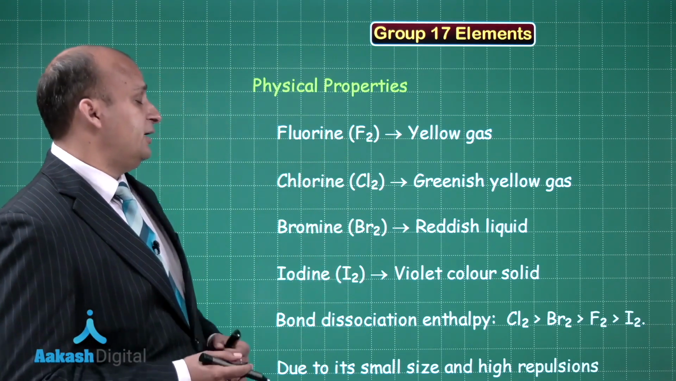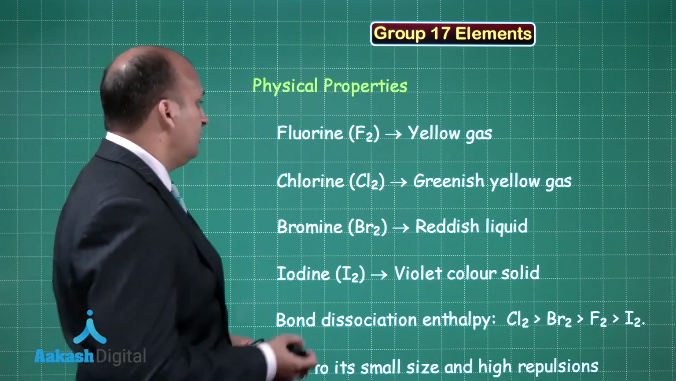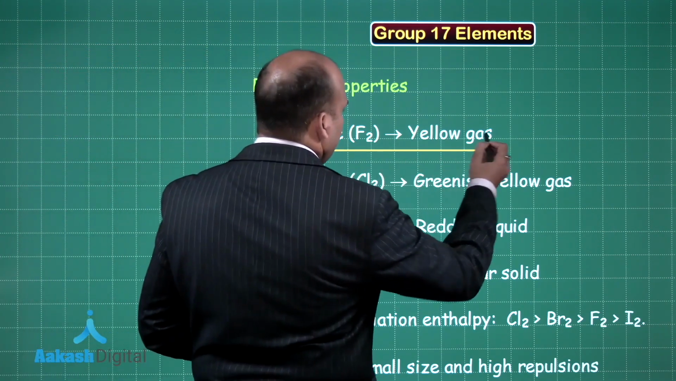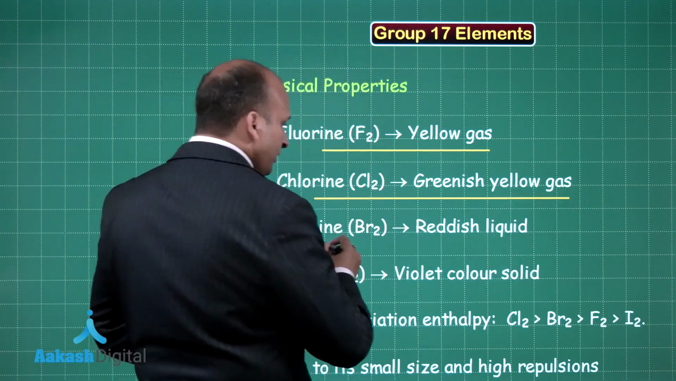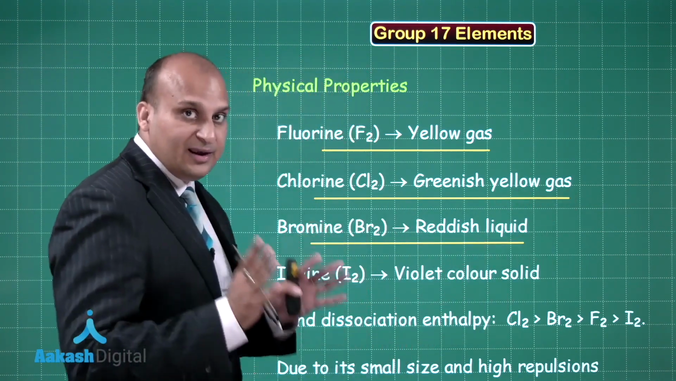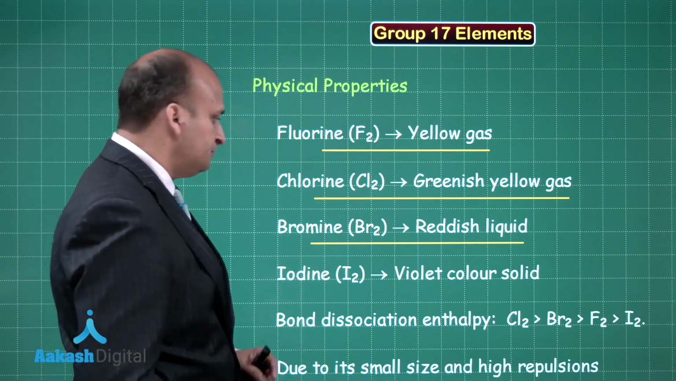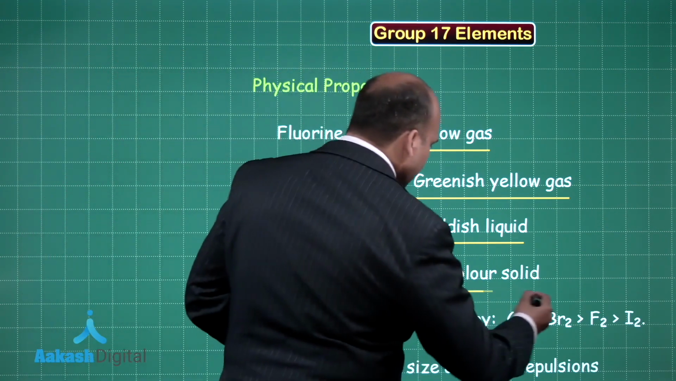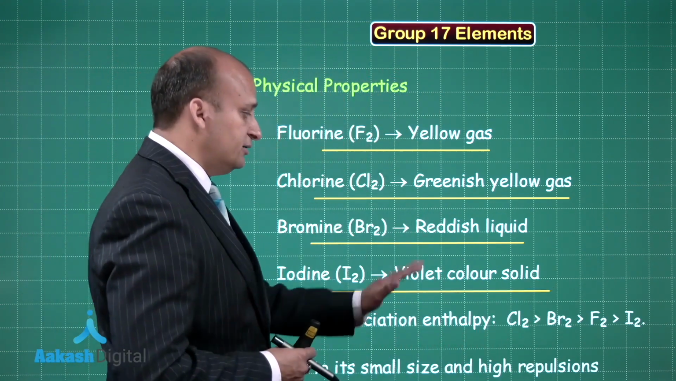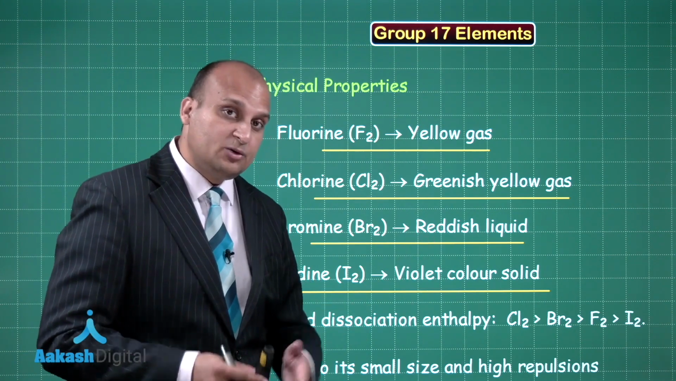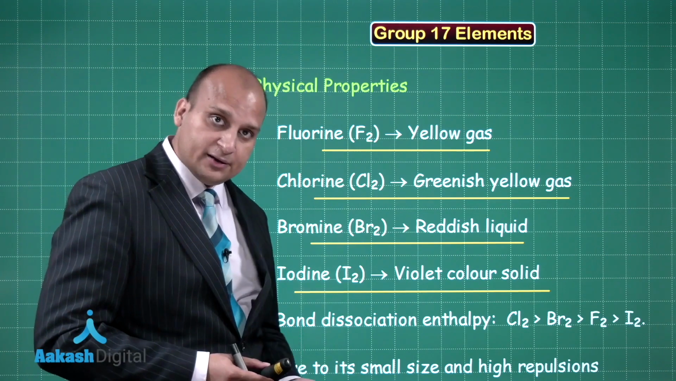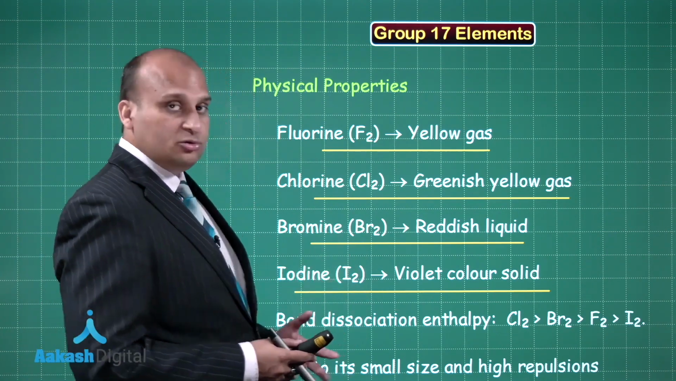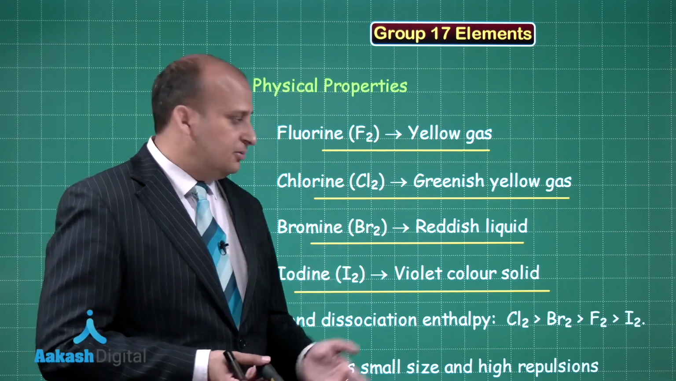Starting from how they exist and what color they have. Fluorine exists as a yellow gas, chlorine as a greenish yellow gas, bromine is a non-metallic liquid, please remember, okay, and iodine is a violet colored solid. This has been asked in the exam, which of the following exists as a crystalline solid. Most of the students thought that iodine exists as a gas,